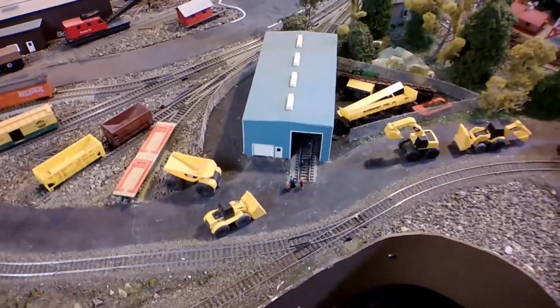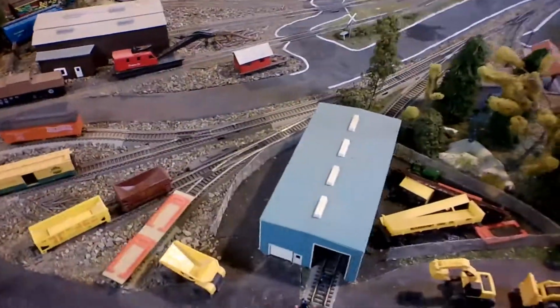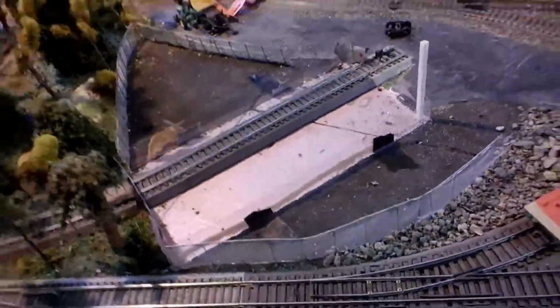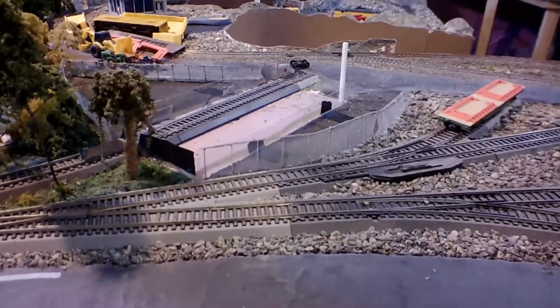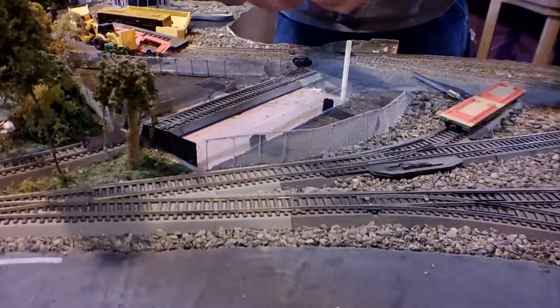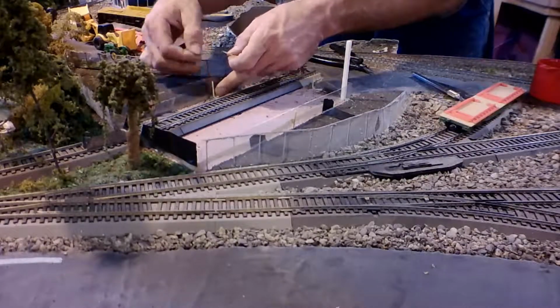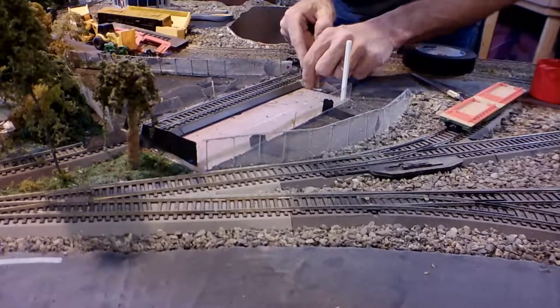We got the pink foam underneath, so the scene has not been touched since I placed the building and put the lights in. Here we have our framework, piece of tubing for the lights to go down through the table. We'll use a pair of trucks with wheels set to the right gauge for the track to clean that off. And we're going to put some toothpicks in to hold our formwork in. Keep that straight. It's okay if it warps out a little bit because we want it to look weathered and